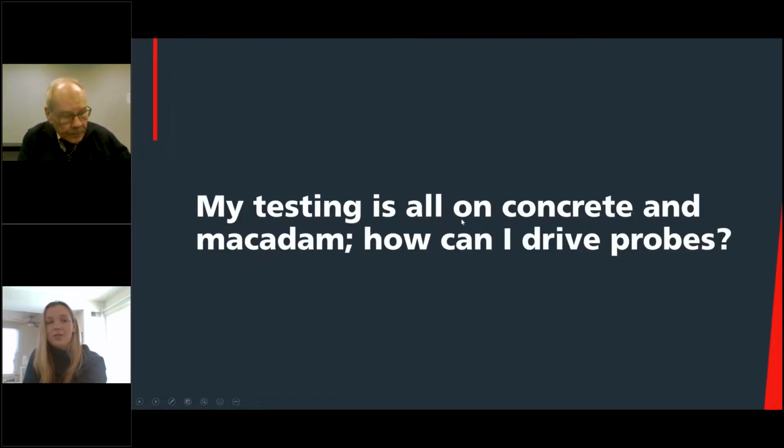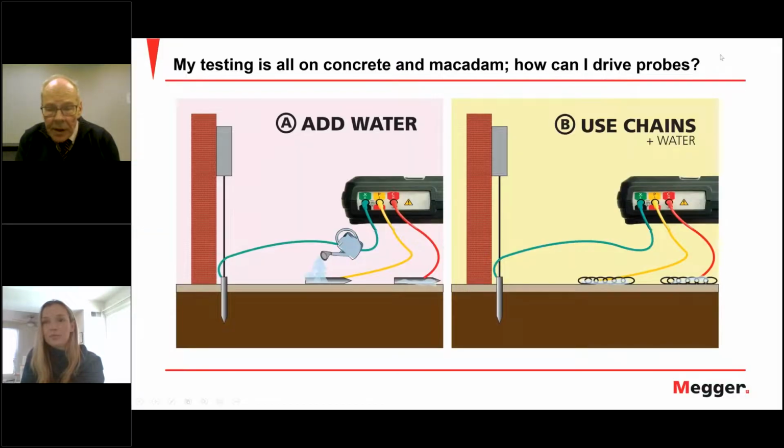Okay, and so what about if my testing is all on concrete and macadam? How can I drive the probes? Yeah, in the old days, that again was a problem that sometimes defeated testing, but not anymore. Let's say you're doing parking lot lighting, that can be a problem. Airport lighting, another example. But no, with modern testers,